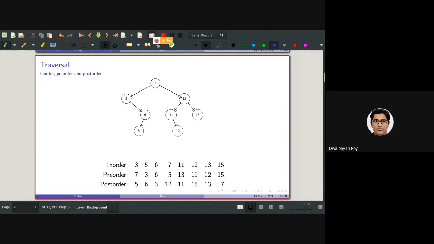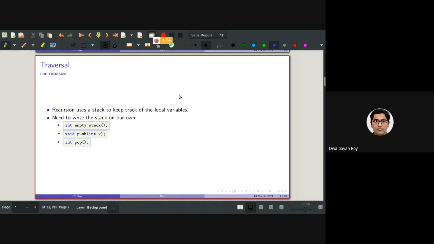So we have discussed this. In the last class, what we started discussing is how to make a non-recursive version of a recursive function. We talked about how to make the non-recursive version of the pre-order traversal. While discussing that, we started with the point that recursion always uses a stack to keep track of the local variables. And we had written one code where we had changed the initial stack data structure that we had written, specifically to implement these functions.